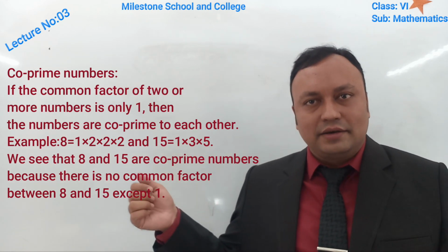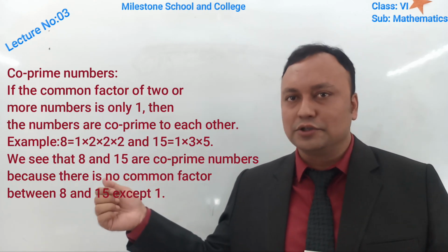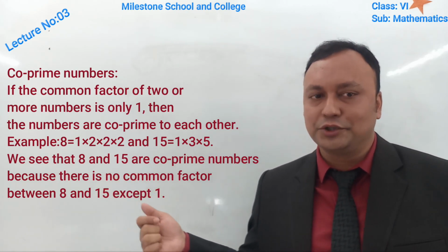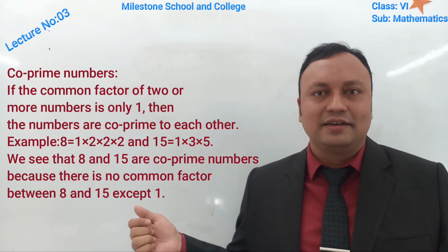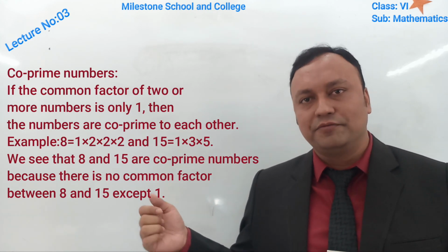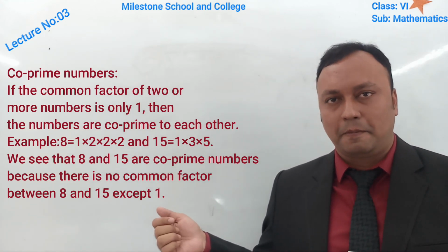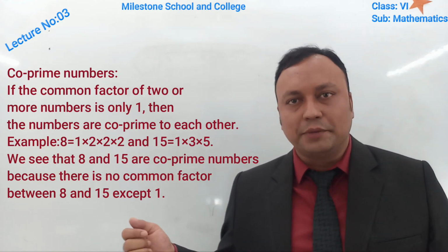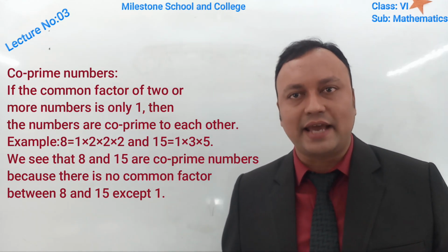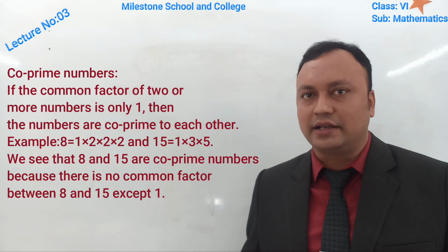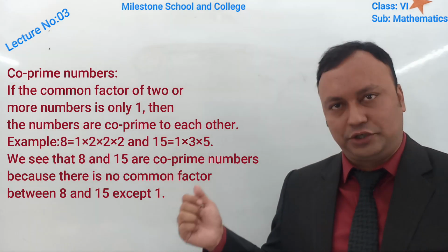You can see we have to find out the factors of 8 first. So 8 equals 1 multiplied by 2 multiplied by 2 multiplied by 2. And we have to find out the factors of 15: 1 multiplied by 3 multiplied by 5. Now we have to compare these two numbers, 8 and 15, to see whether they are co-prime or not. If we look at the factors, my dear,